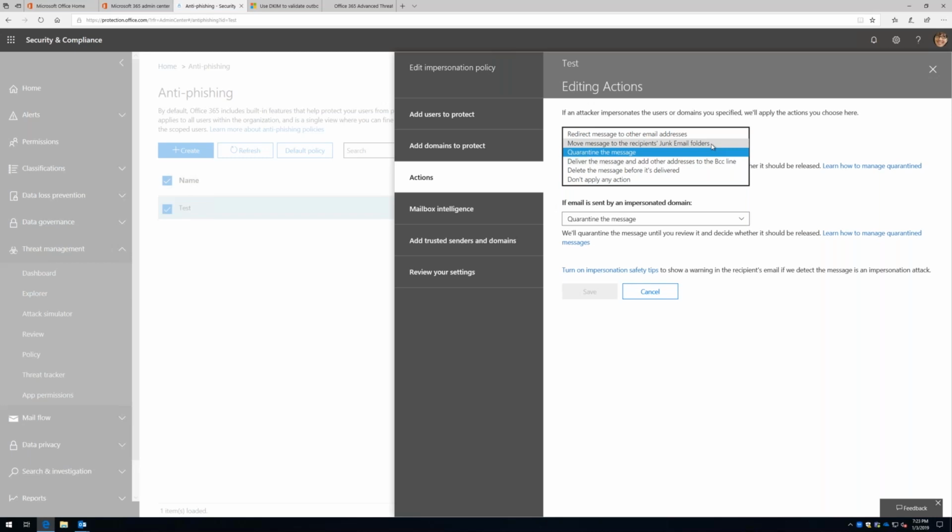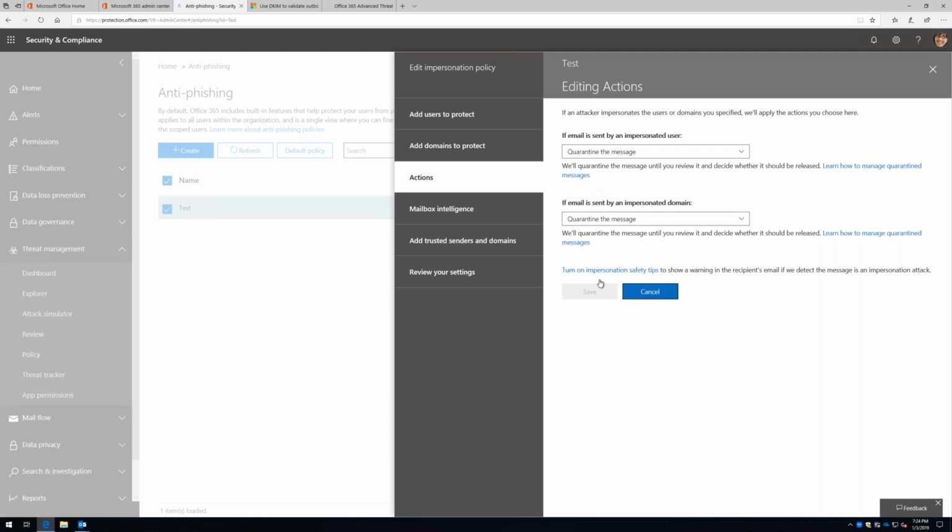Because remember, the name of the game here is you want to make sure you do everything in your power to prevent the user from ever opening the email and thus putting the organization at risk. So I would actually go as far as to say, let's quarantine the message. That way, somebody who's an admin has to go in there and pull it out if they need to, but it stays out of the hands of the users. And so as you can see, this can get complex pretty quickly. So all of this has to align to my business plan, if you will, and what are my business requirements around this.